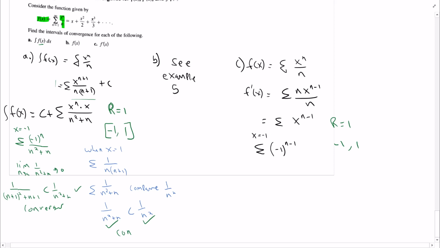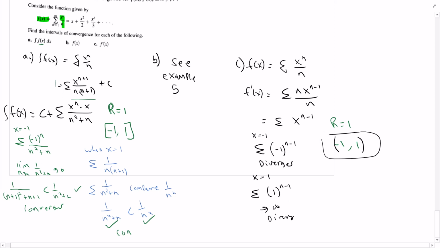which again is just 1, -1, 1, -1, 1, -1. This diverges by oscillation, right? Which means we don't want to include -1. If x equals 1, we have 1 to the n minus 1, which is just 1 plus 1 plus 1 plus 1, which goes to infinity, which also diverges. So we don't want to include that one as well, right? So the interval of convergence here is -1 to 1, not including the endpoints, whereas this one we did include